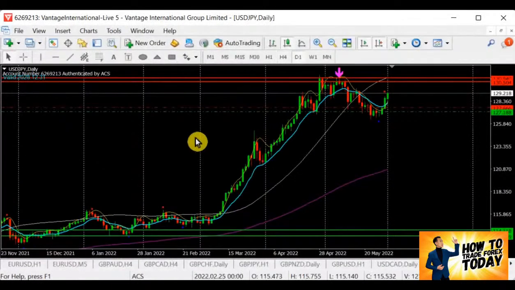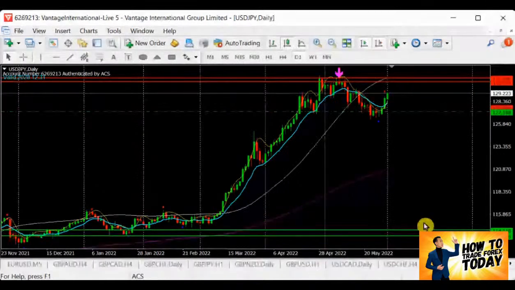How about dollar yen? Dollar against the yen is going very strong now, so no for selling, definitely. Buyers can take note, but please pay attention to where the resistance is.